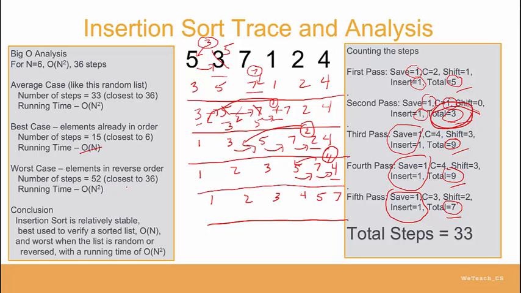So in conclusion, the insertion sort is relatively stable, best used to verify a sorted list, which would cost O of n, and worst when the list is in random or reversed order with a running time of O of n